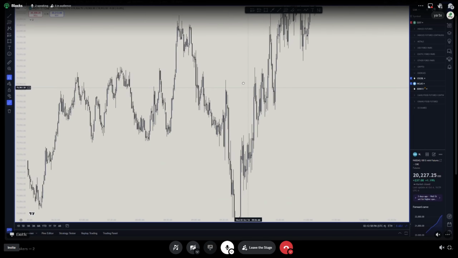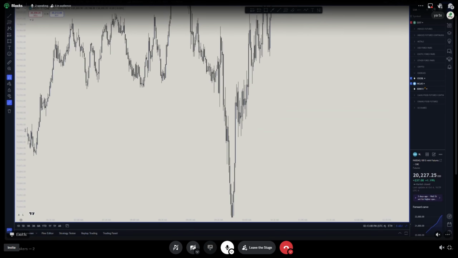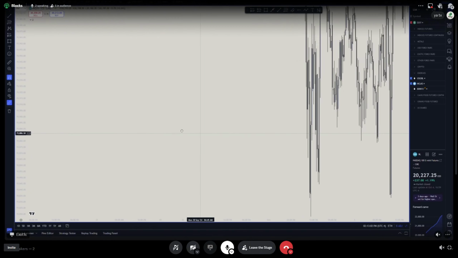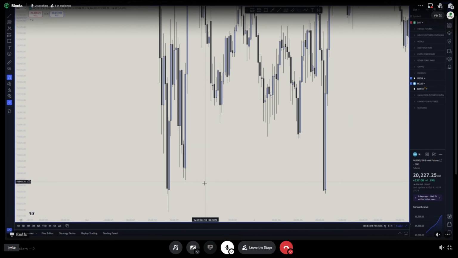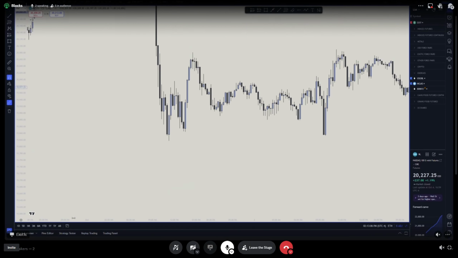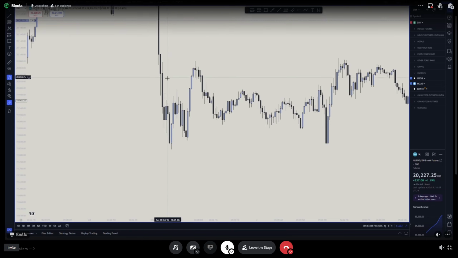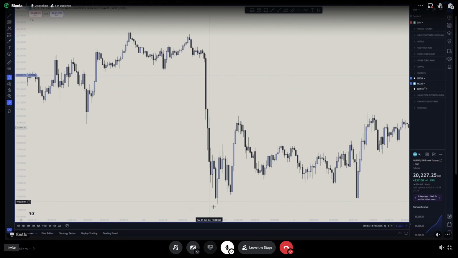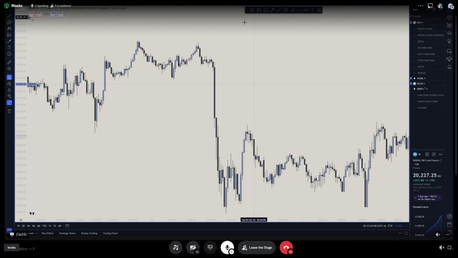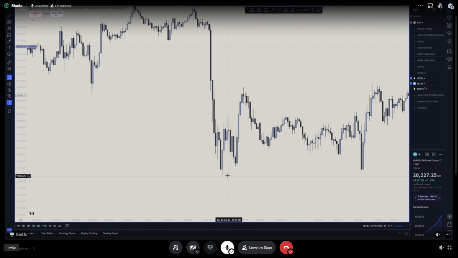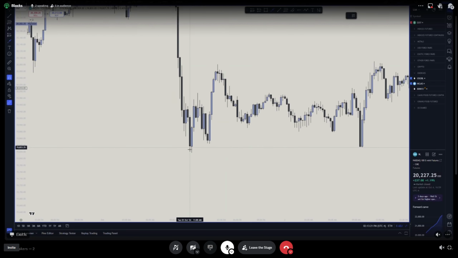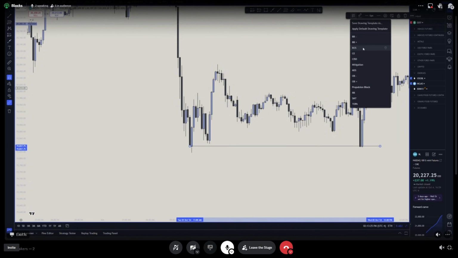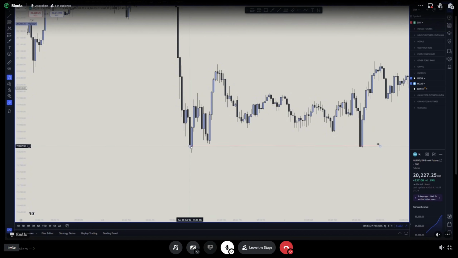Yeah, for sure. So for rejection blocks, I'm going to go into a higher time frame here, just so things are a little bit more clear. So again, your rejection block is going to be the bottom of your order block here, right? And it's going to be the low or the high of a range. So it's going to be your swing high or swing low of a range here, right? In this case, this was our rejection block here, right? You can see we can draw that out there, and you can see price came right to the bottom of